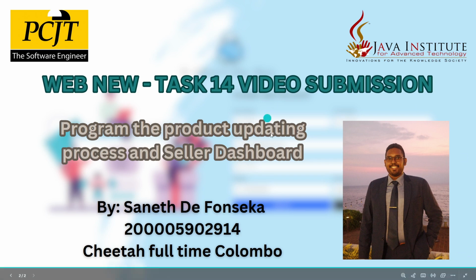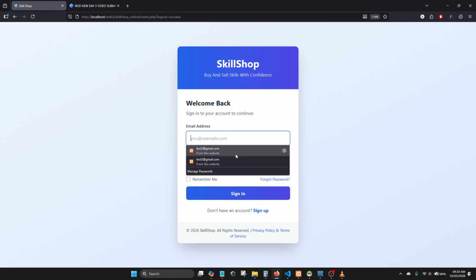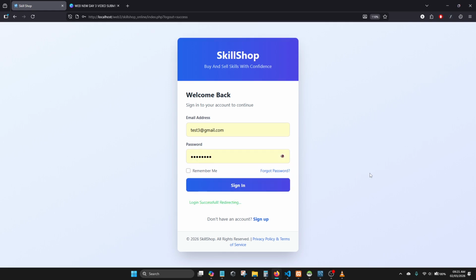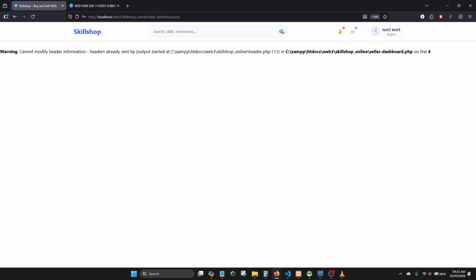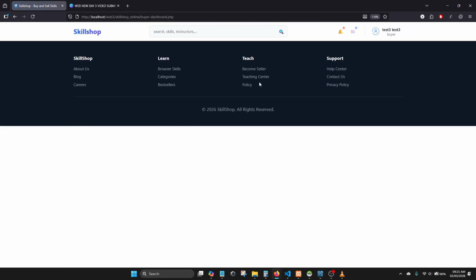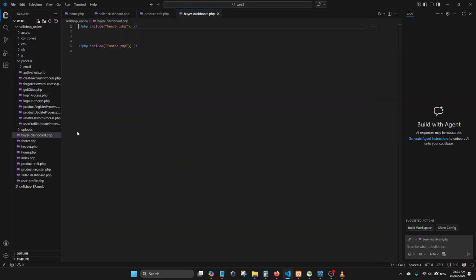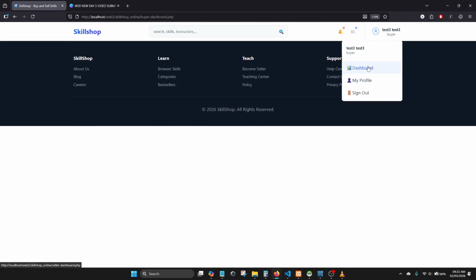First of all, I'll look at the UI. We need to be logged in as a seller. As you can see, it's seller here, so we'll sign out and log in once again. We'll actually log in as a buyer, so just 3 user is a buyer. Just 3 sign in. As you can see, he is a buyer. Here we go to the buyer dashboard. There is nothing here. The dashboard does not have anything. The other section, I think there's a small issue here